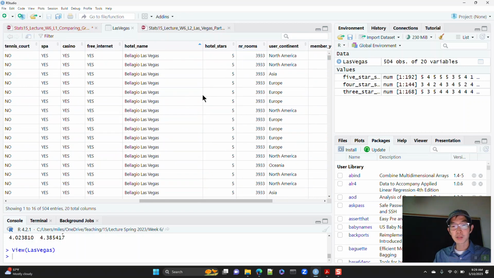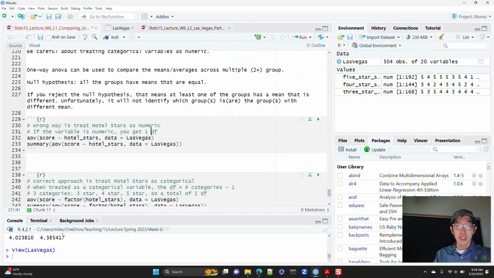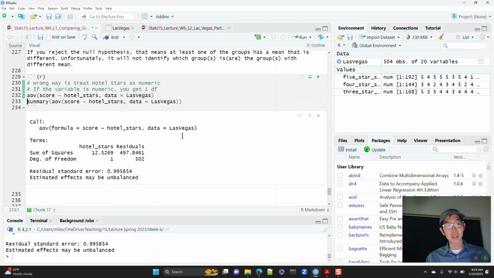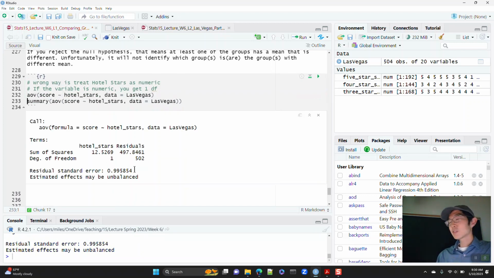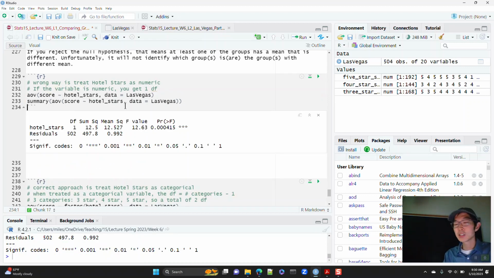Some of these hotels have 5 stars and whatever. And so we do AOV score tilde, we're saying, is score explained by hotel stars? We're going to say our data comes from the Las Vegas data set, and it gives me this. What we actually want to run is summary of AOV on hotel stars.